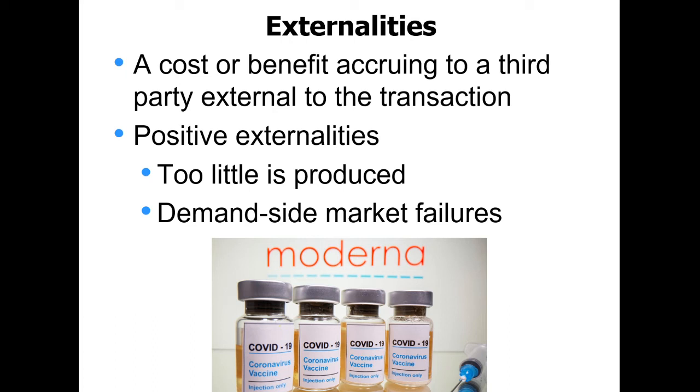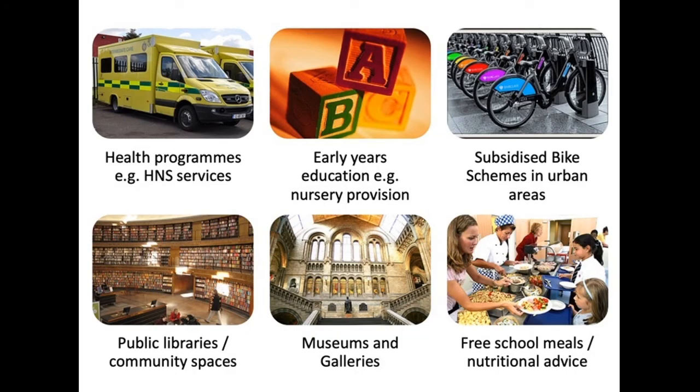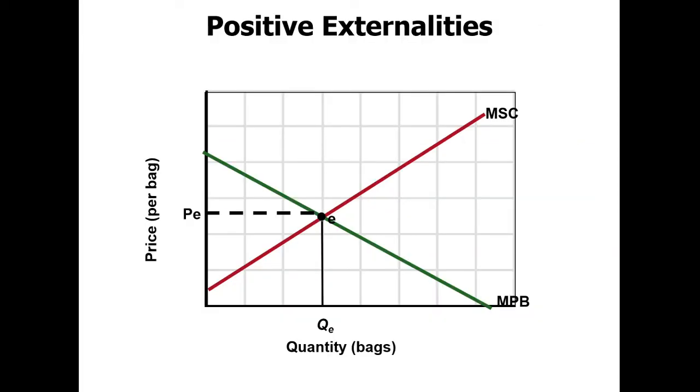Same thing with the COVID-19 virus, right? The vaccine for it, if 75% of the country gets it, it should be able to protect the rest of the country. Okay, so maybe not everyone's going to want to go and get that. All right, and then we have a couple examples of positive externality: libraries, museums, nutritional meals, early education. Right here we have